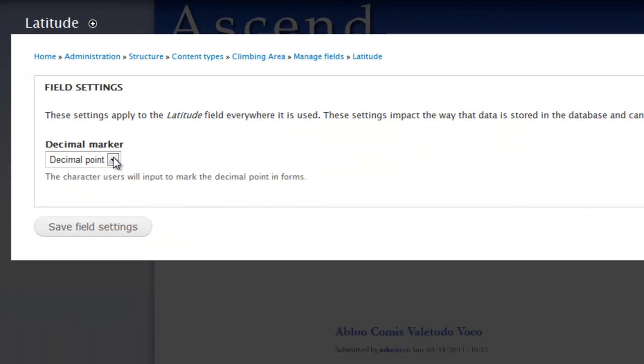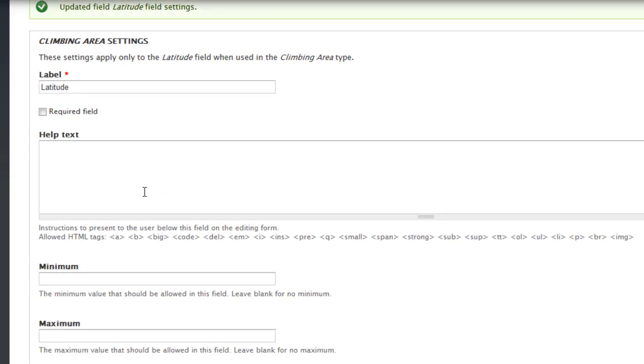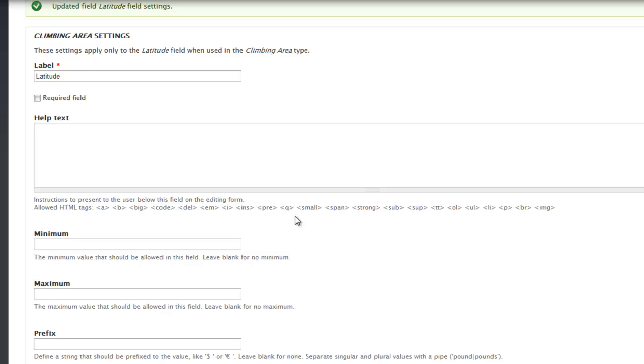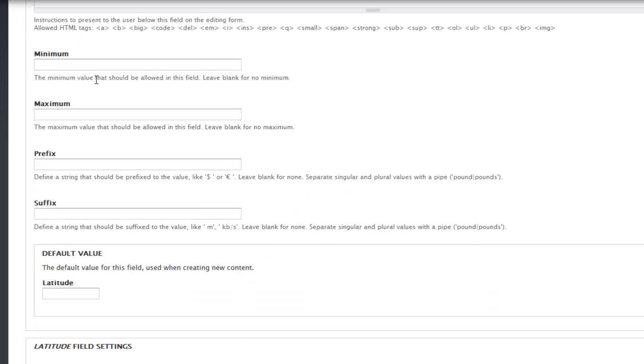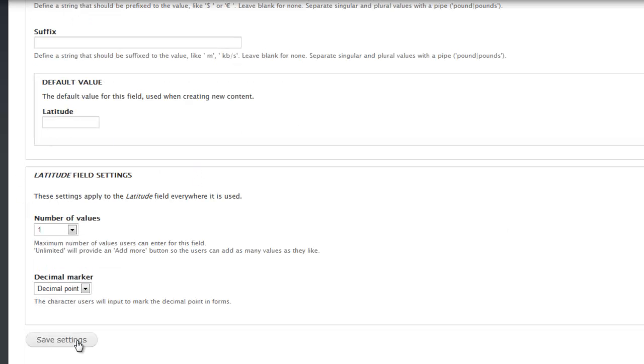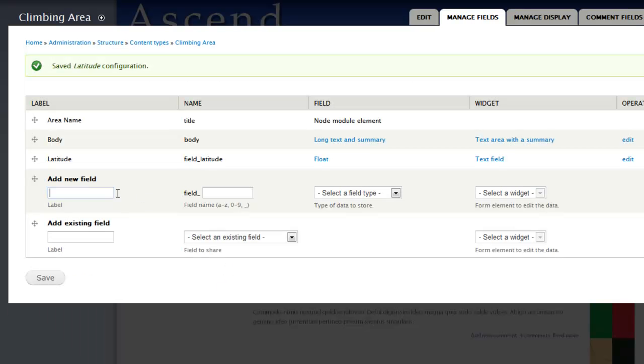And for the decimal marker, because it's a float type, we can have the decimal point, or you could change it to the comma. I'm going to leave it at the decimal point. Save that field setting. You see I could change the label if I want to, make it required. There's also some other validation options here, the minimum and maximum values. You can add a prefix here, a suffix, for example, like a dollar sign or a unit of measure. And we could add a default value, but I'm going to leave these the way that they are, save those settings. And I'm going to add longitude, and